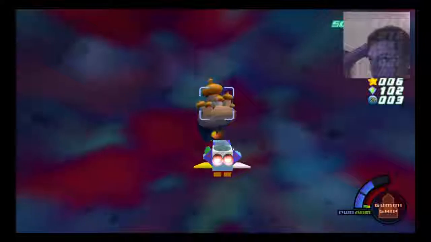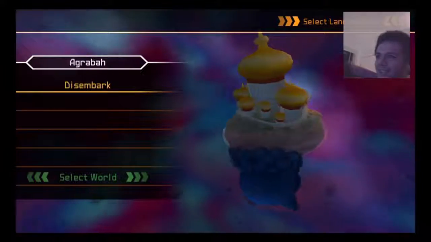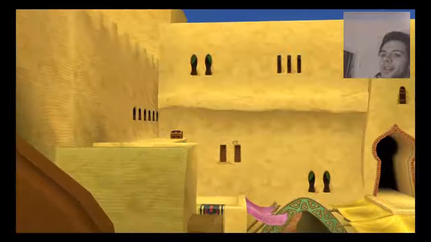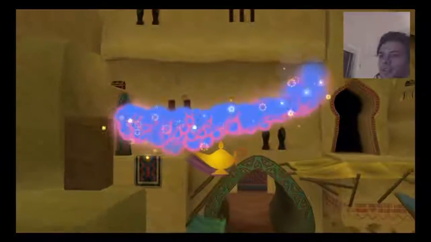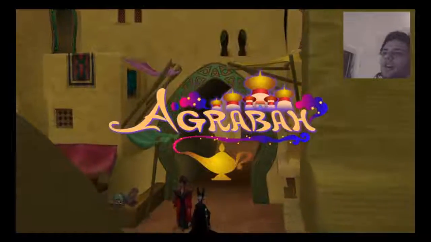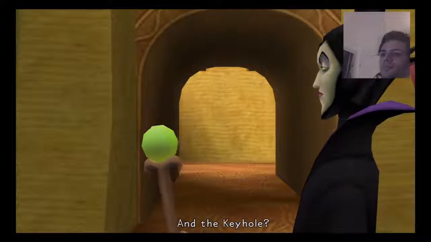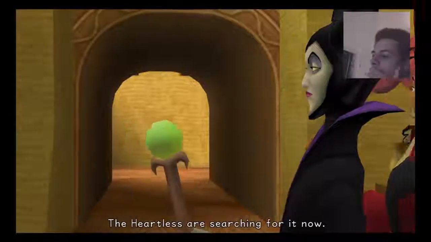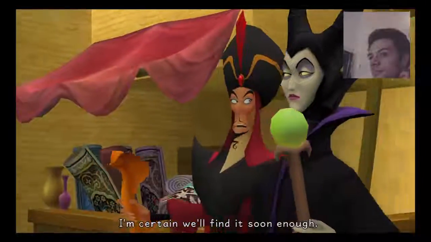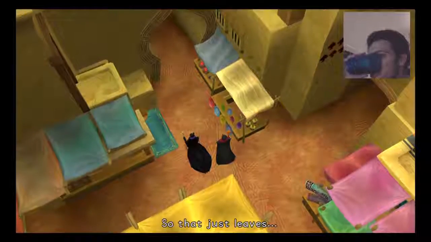Here we go, and we are at the one and only Agrabah! And this is the next world that we will be exploring today. Super excited. Agrabah is in a lot of the Kingdom Hearts games. Lots of fun. And the keyhole. Oh. The Heartless are searching for it now. I'm certain we'll find it soon enough. So that just leaves...